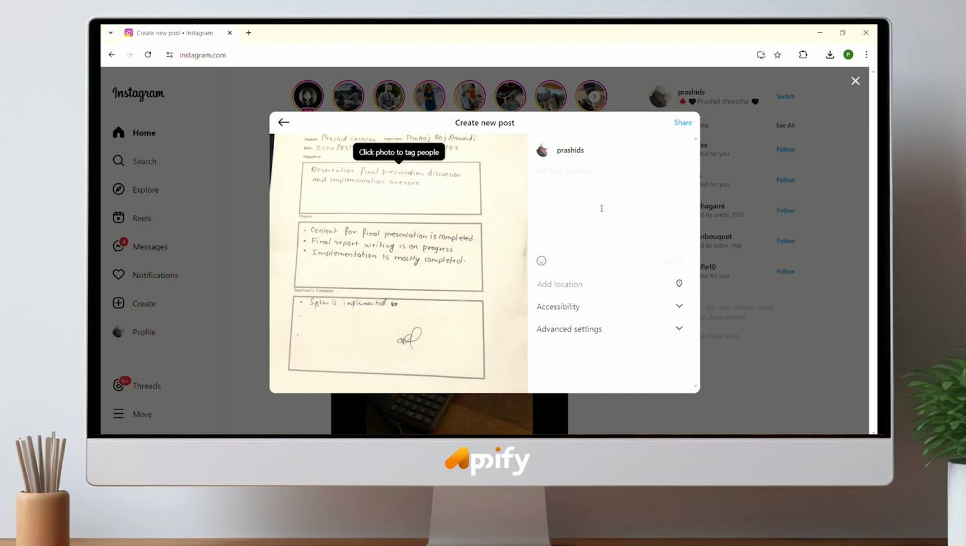So in order to add music on a post, currently Instagram on PC doesn't allow you to post or add music on your Instagram post. So to conclude, you won't be able to add music on your